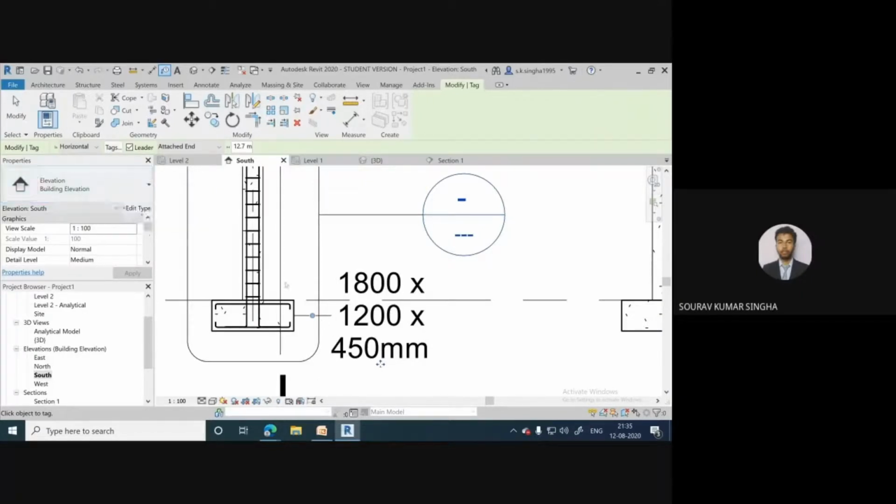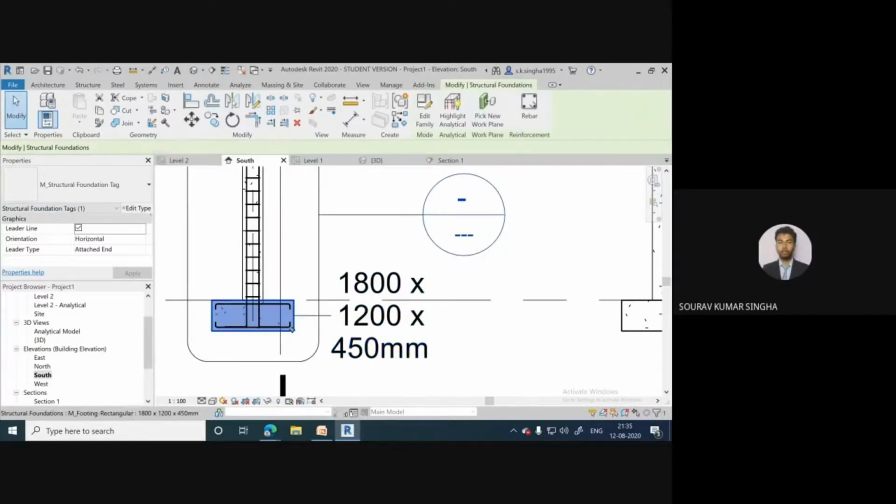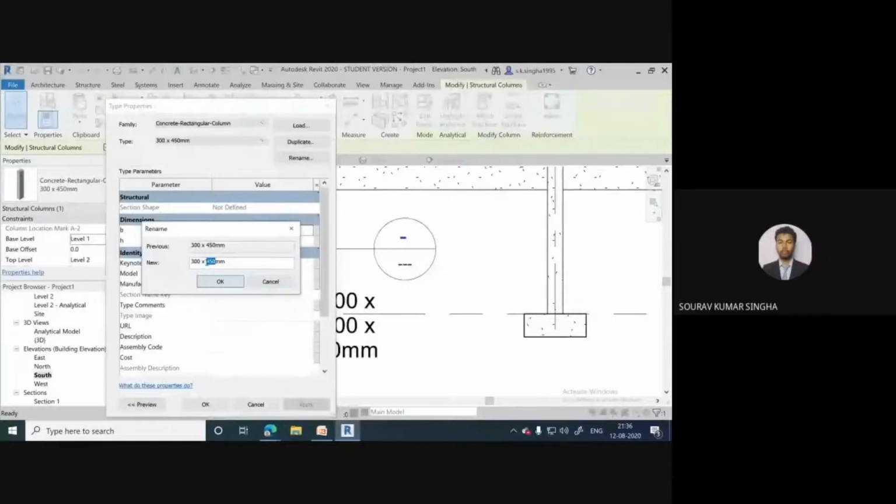Go to here, select this, select it. 300 cross 300, right? Done.